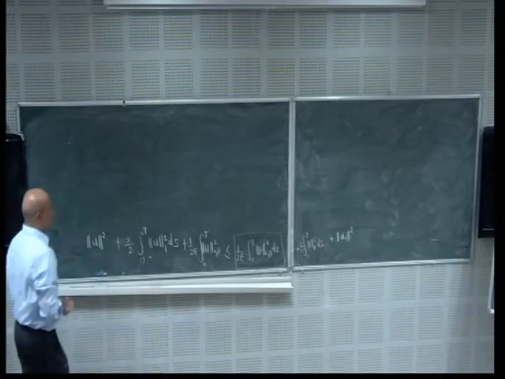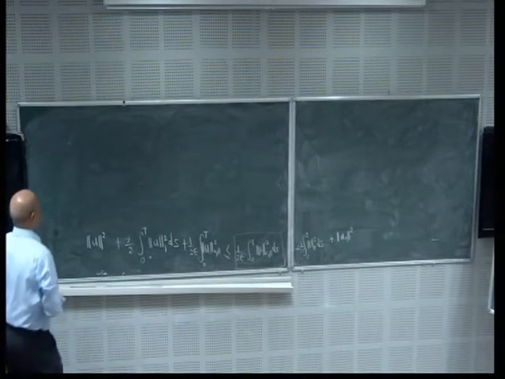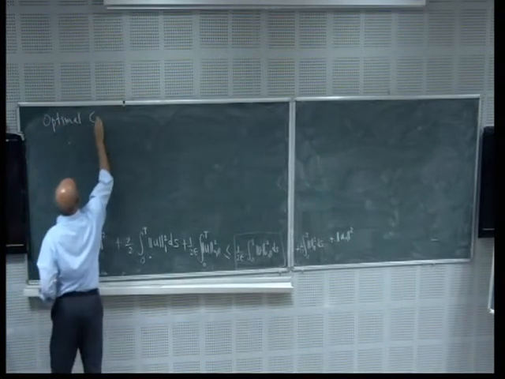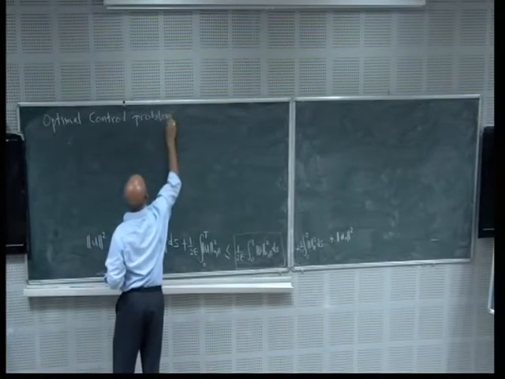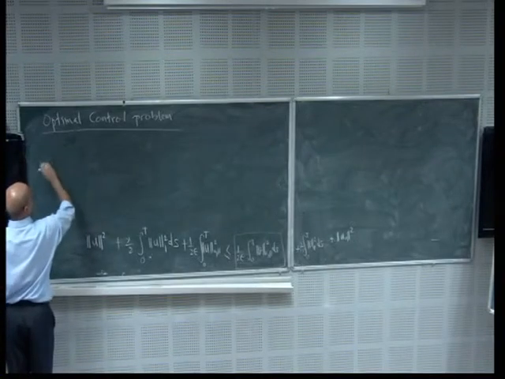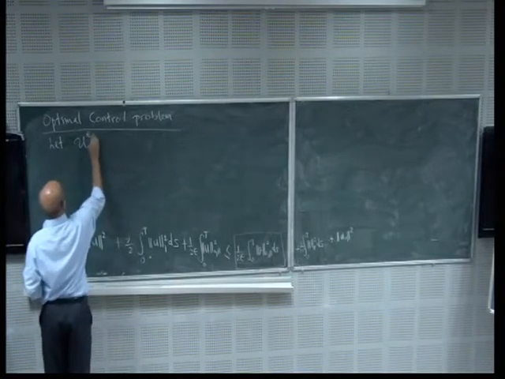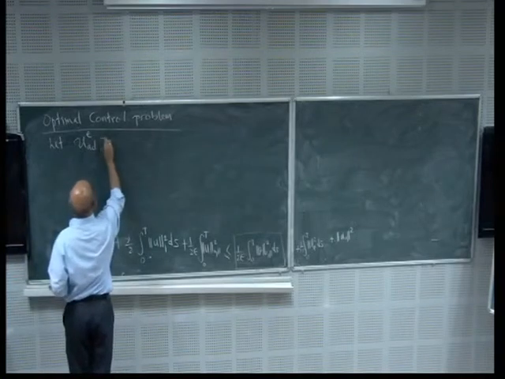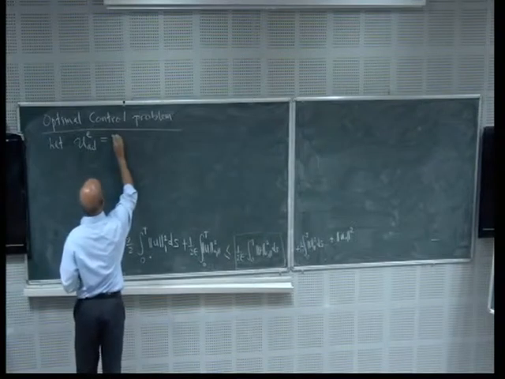So with that, let me formulate the control problem. Optimal control problem. Let me first define the admissible control. I'm going to call it U epsilon. This is equal to the set of all admissible controls. That is basically